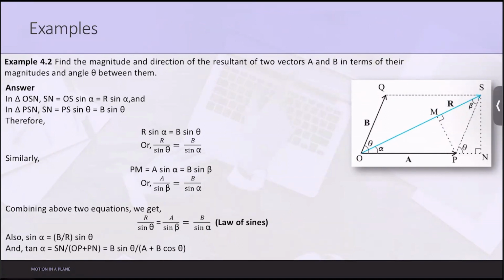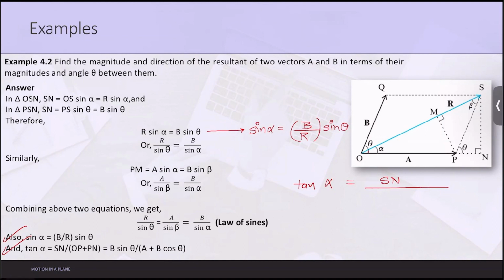Now let us move forward. We have understood the law of cosines and the law of sines. Now let us see the discussion forward. Also, what is sine alpha? Sine alpha is equal to B by R into sine theta. Using this expression, sine alpha is equal to B by R into sine of theta. Now, what is tan alpha? How do we obtain tan alpha? Tan alpha can be obtained as equal to